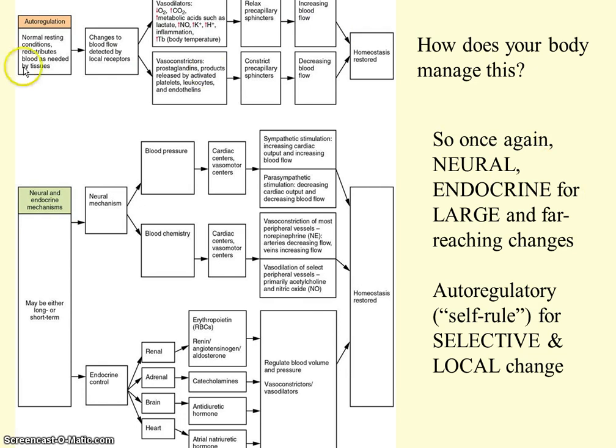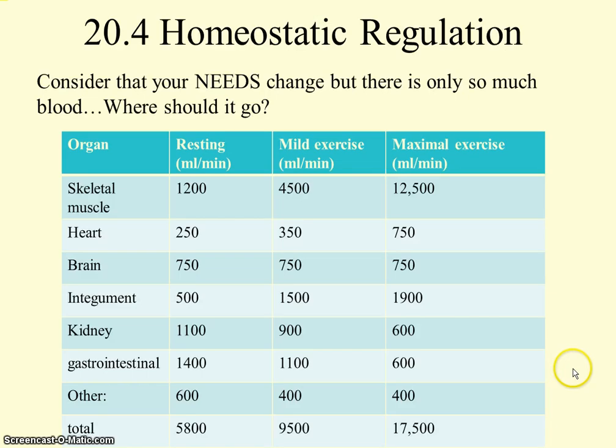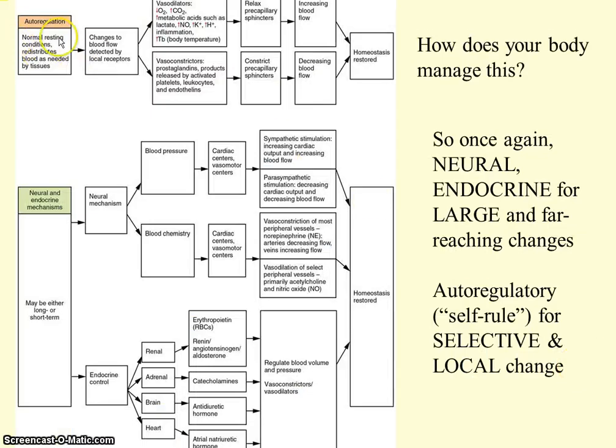So here, again, we talk about this idea of auto-regulation, which is going to be pretty much local, right? So if we're going to change that blood volume, like you saw on this slide, here would be ways that we would increase flow to one area preferentially or decrease it to another. So change of blood flow depicted by local receptors. All right, so it gives you examples of vasodilators.